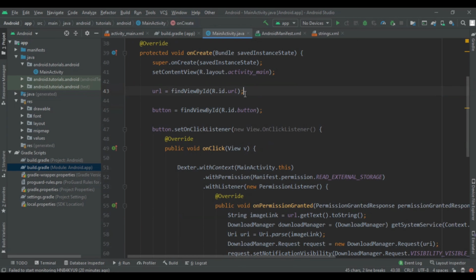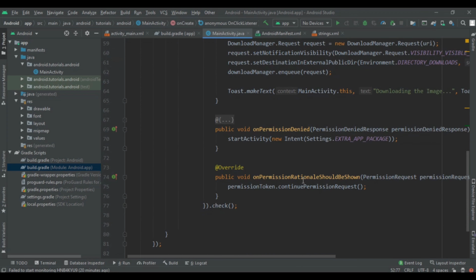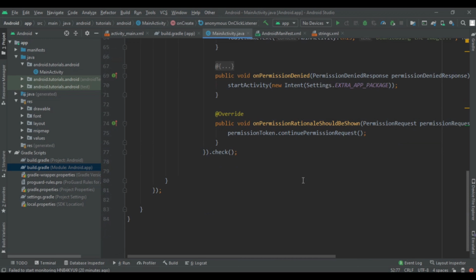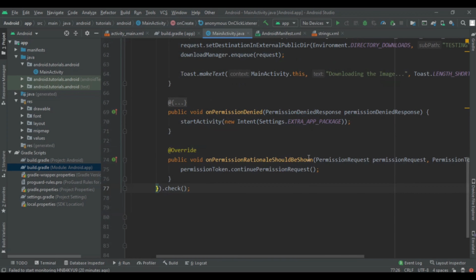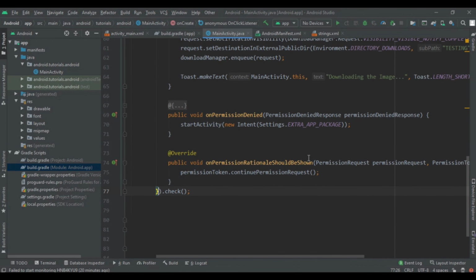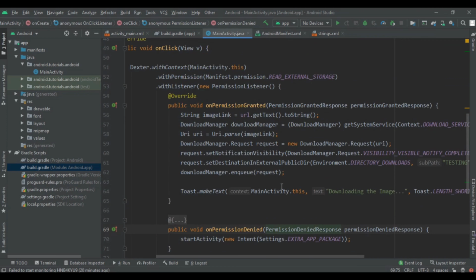After that we have to write Dexter dot with context MainActivity dot this with permission read external storage and with listener new of listener. Then we check: when the user declines temporarily, we continue the permission request. When the user declines permanently, we redirect the user to the app package name. And when we grant that permission, we write our method over there.